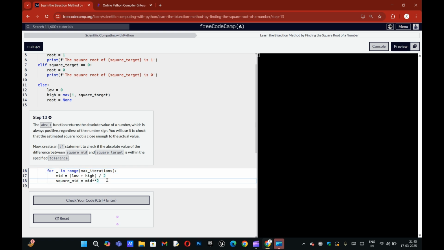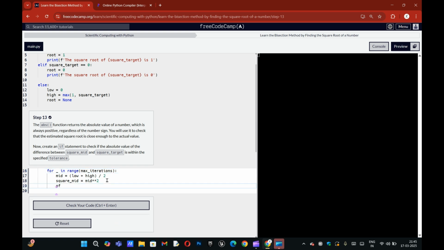Now create an if statement to check if the absolute value of the difference between square mid and square target.